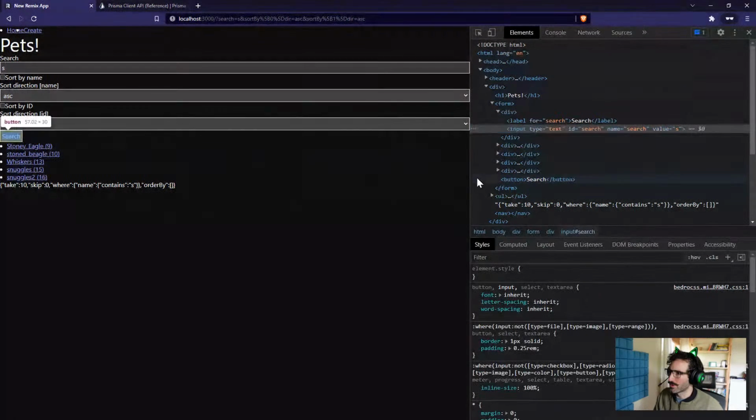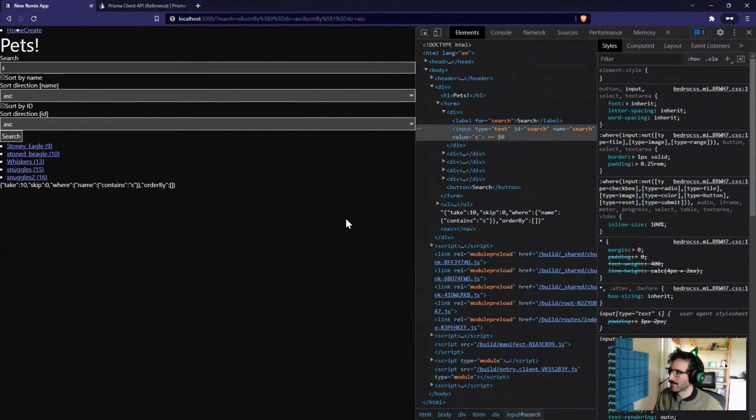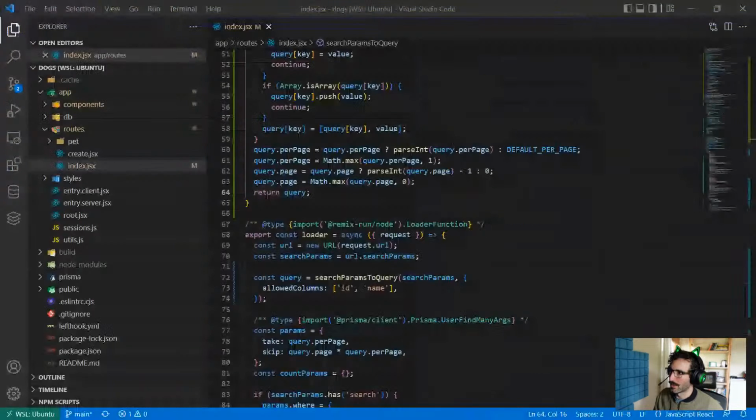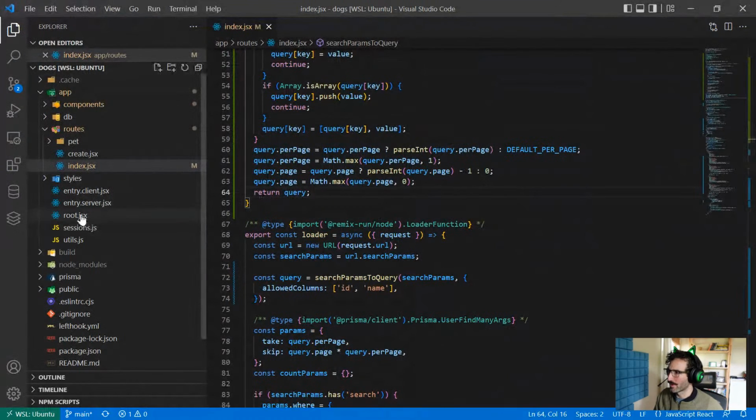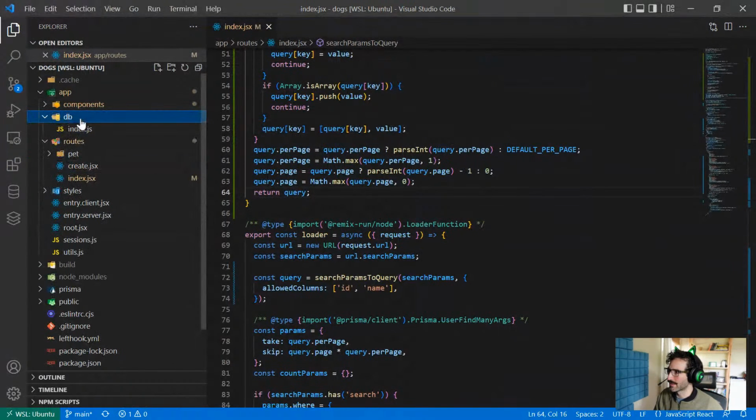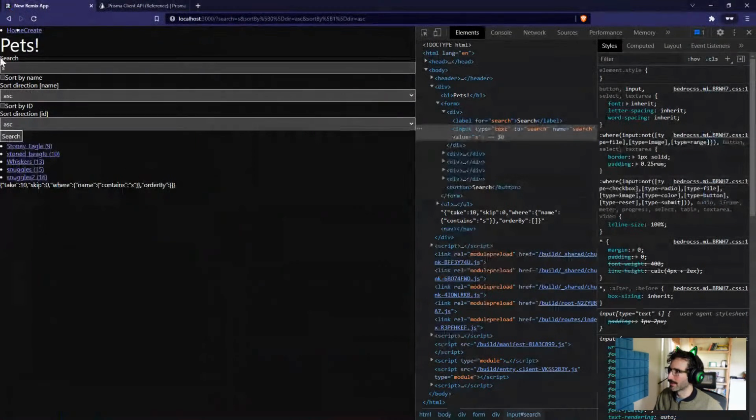So maybe I'm going to start shifting focus. I'm kind of done with the database stuff for today. I'm going to take the rest of the stream to maybe relax and get some styles in place so it doesn't look so bad. And in the next stream, something we're going to have to do sooner than later is a migration. Because obviously this is going to be a pets database, but